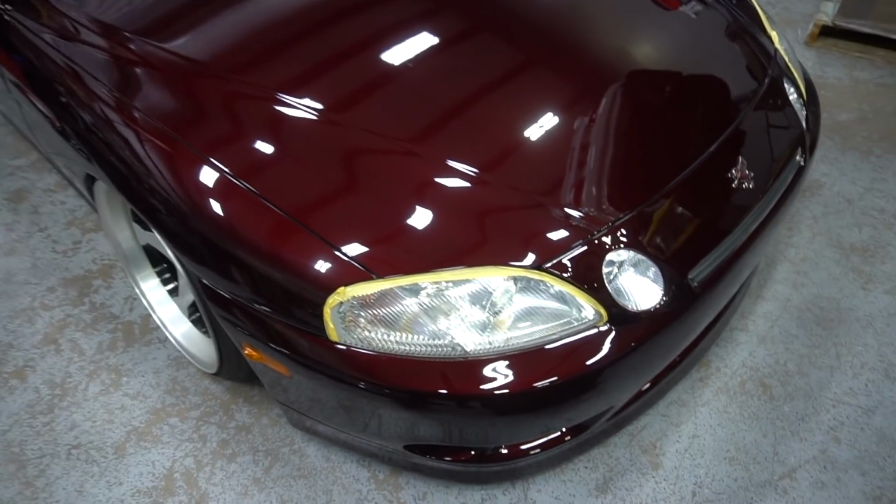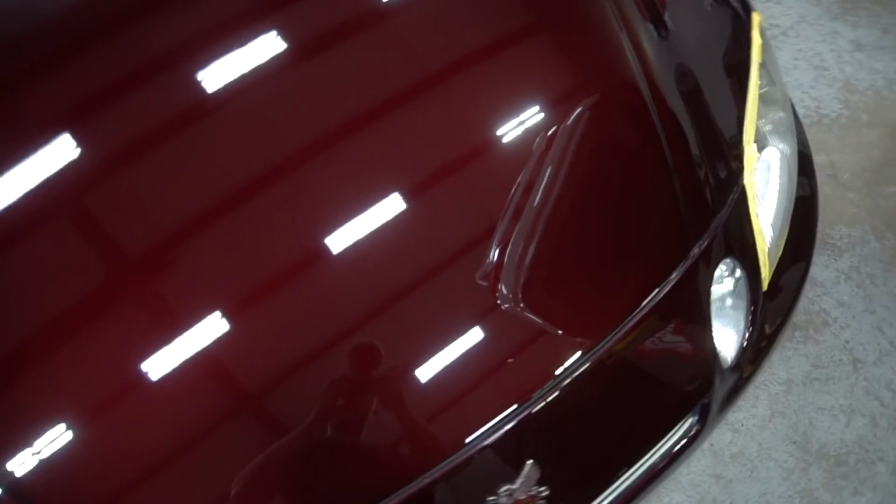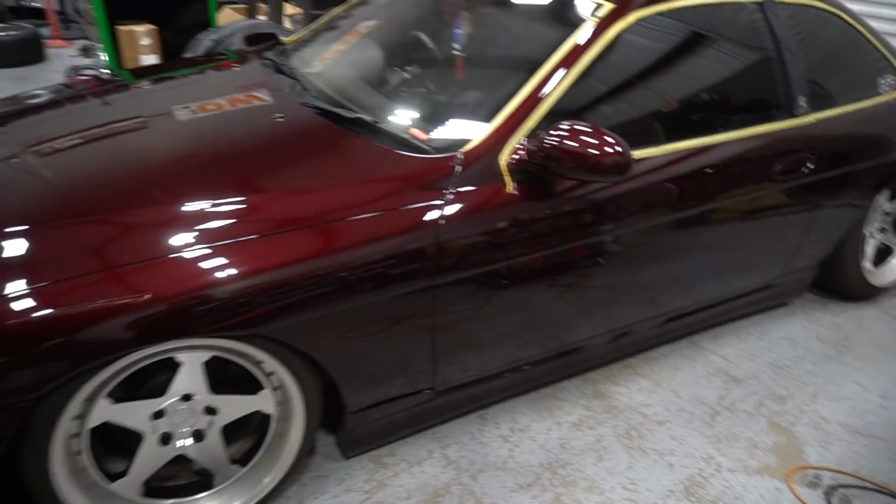All right, so it's the end of the day. We didn't get to finish the car today, but we're gonna finish it in the next portion of this video. But Shulman already did basically a little more than half the car, and the thing looks awesome already. I mean, you can tell on camera this thing is just gleaming,